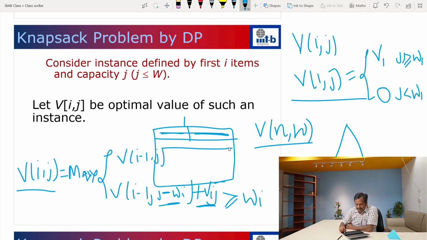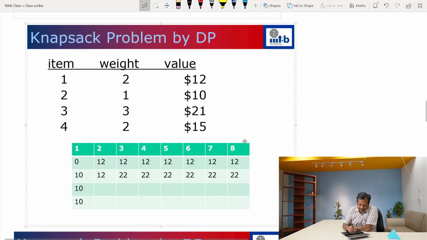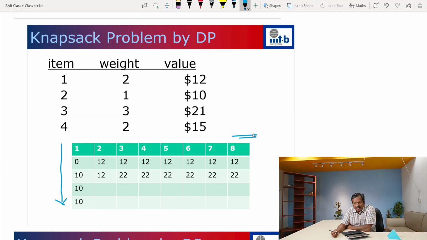Let's look at this for the specific example that we have, right. So what we have in the row is the size of the knapsack, and what we have here is the items. The items go from 1 to 4. The first item has a weight of 2 and the value of that item is 12. So if I am given a knapsack of size strictly smaller than 2, then I can't pick the first item. So if I am given a knapsack of size 1, then the profit that I can make if I am allowed to use only the first item is 0.